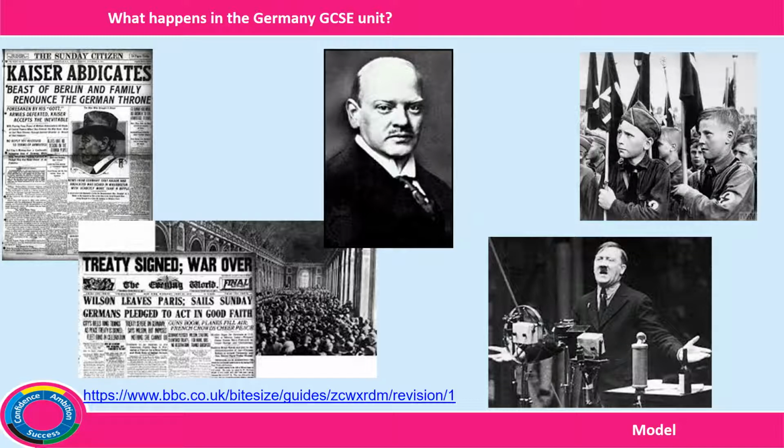Our final part of the Germany GCSE unit was looking at life in Nazi Germany under Hitler's new regime. We look at how people's lives have changed, the impacts of propaganda and a dictatorship, and how that impacted on the German populace. We looked at Hitler's beliefs and aims and how they affected policy making before touching on World War II and its aftermath.